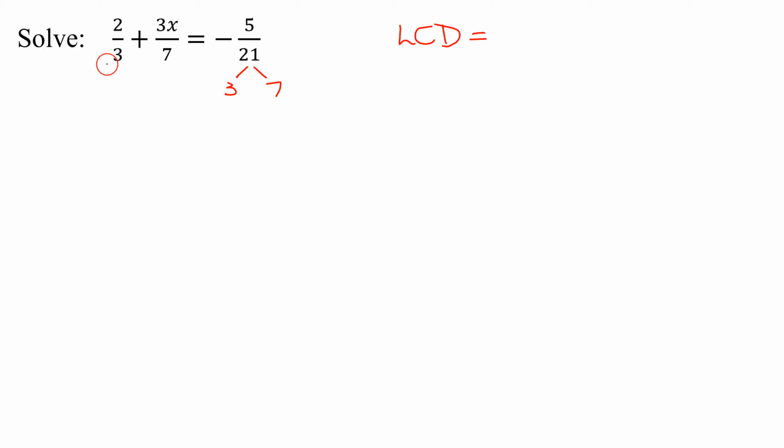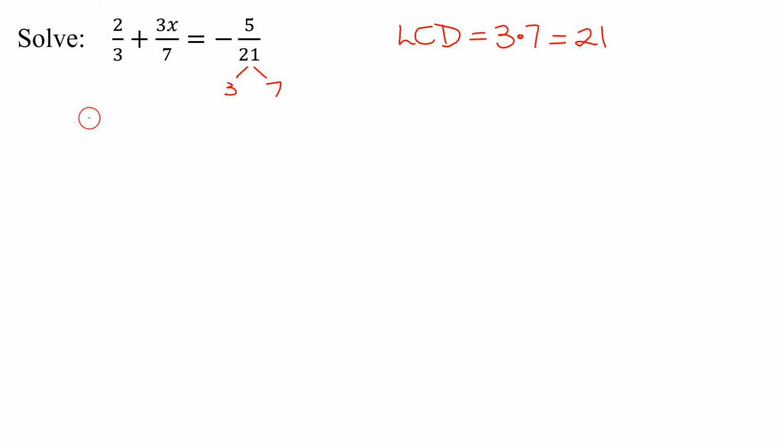So to find the LCD, you go to your first denominator. I need a 3. Then you go to your second one. Do I have a 7 over here? No, so I'm going to have to multiply by 7. Go to our third denominator. I need a 3 and a 7. Do I already have those? Yes. So what's the LCD? The LCD is 21. And I'm going to have to multiply every single term, of which there are 3, by